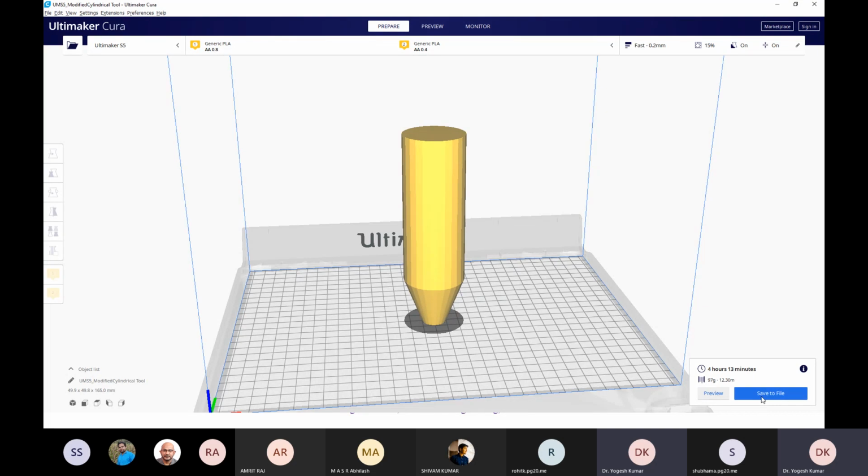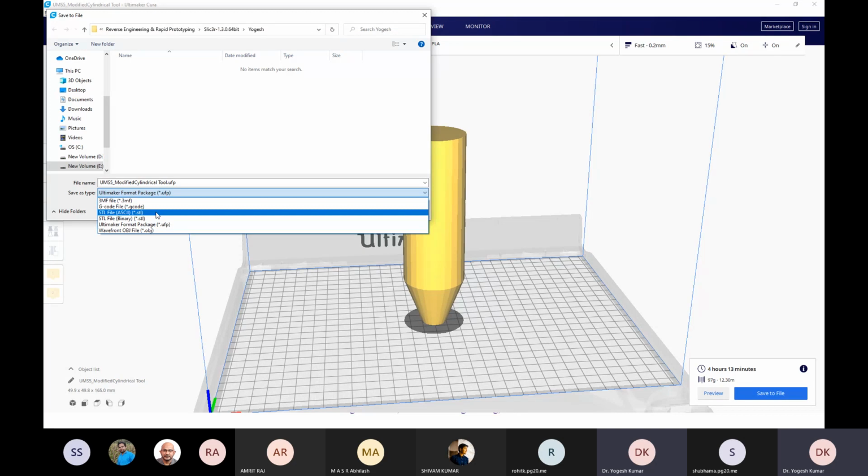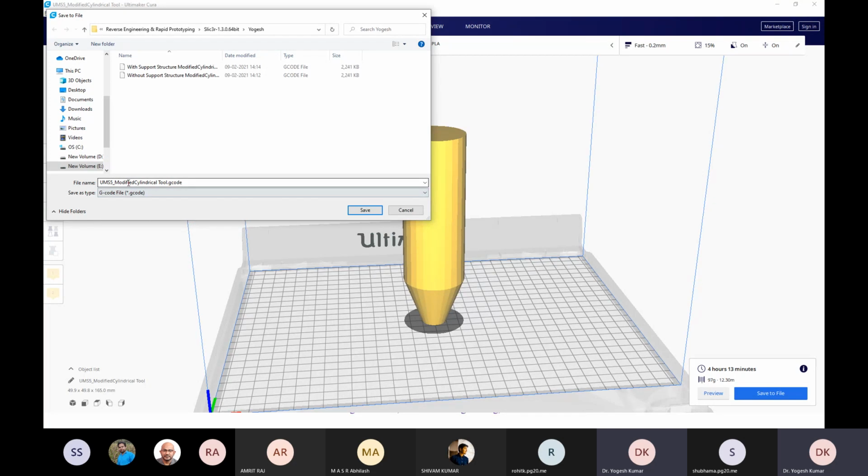You can also save this Ultimaker's code in the form of .3mf, .g code. There are a lot of options: .stl, .stl binary, .ufp Ultimaker format package, and wavefront. Let us save this with the name G code.